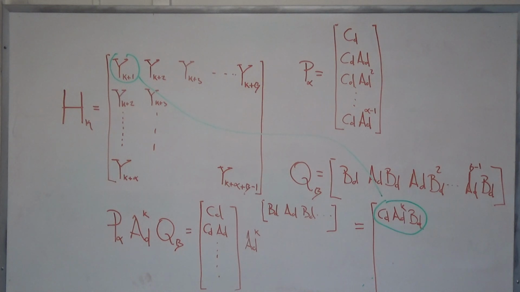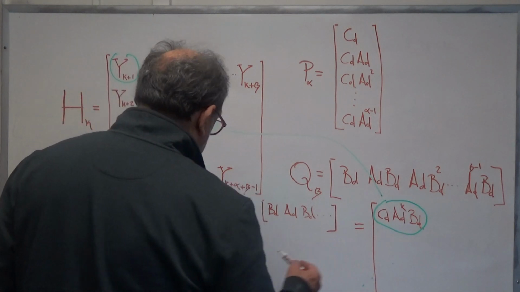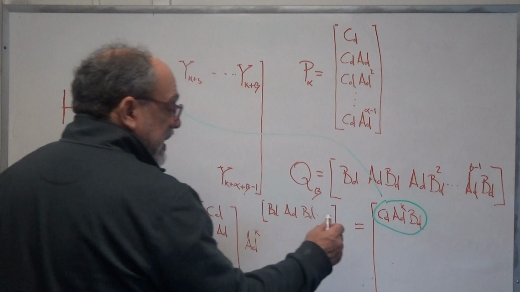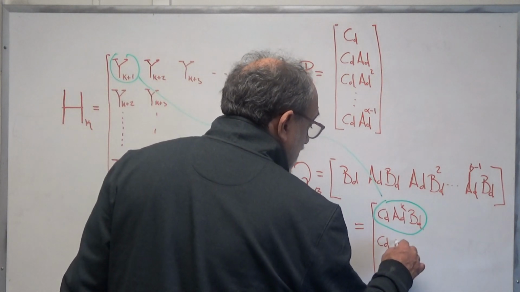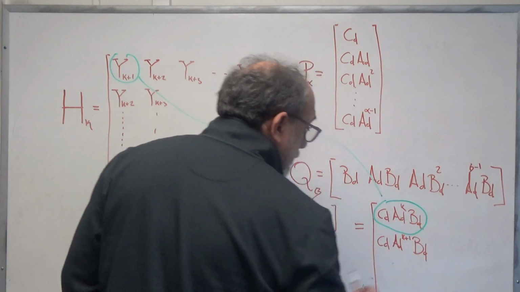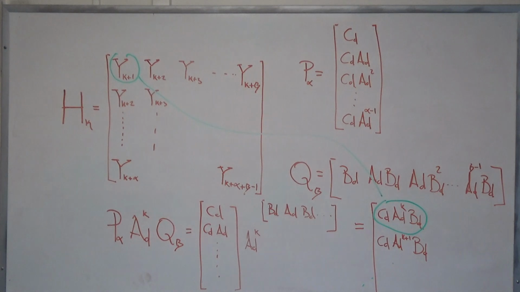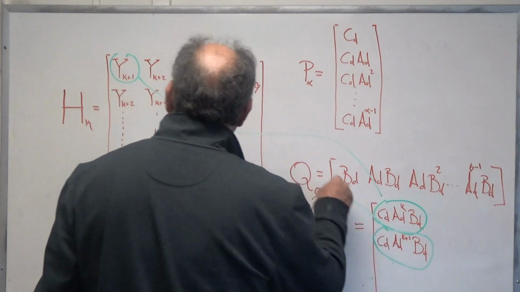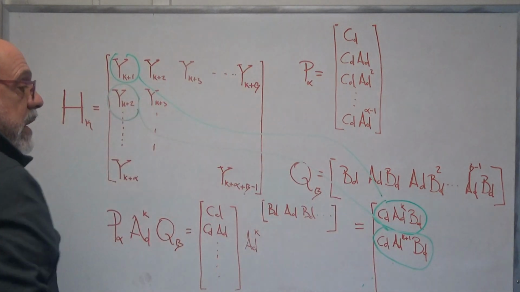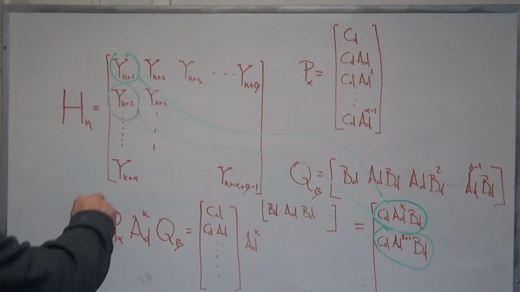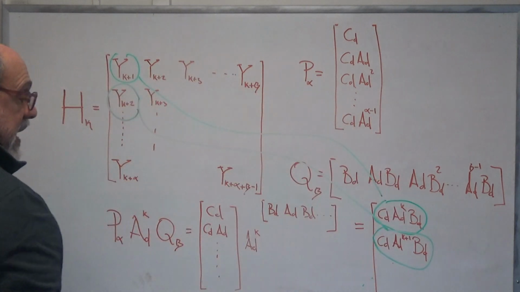The second value here would be CD AD to the K plus 1 times BD, and you can see that that is Markov parameter K plus 2. So this entry is this. You can continue that process and you will conclude,